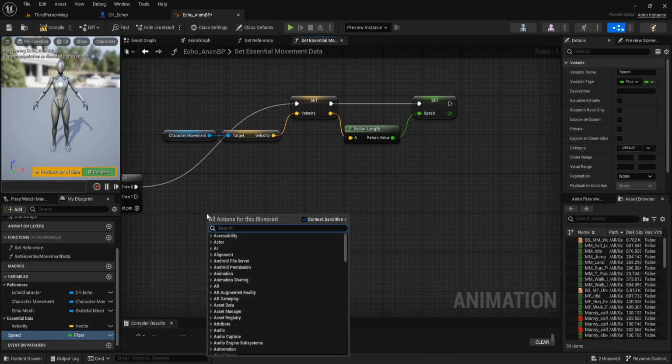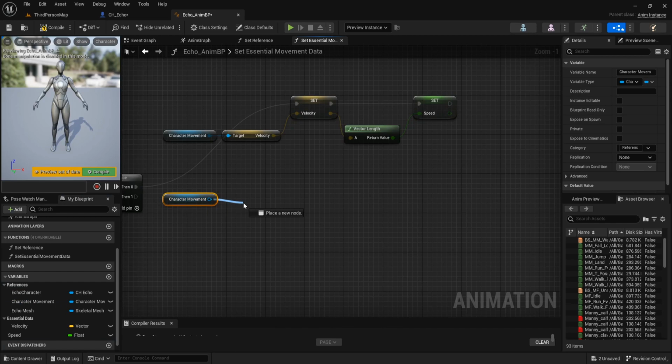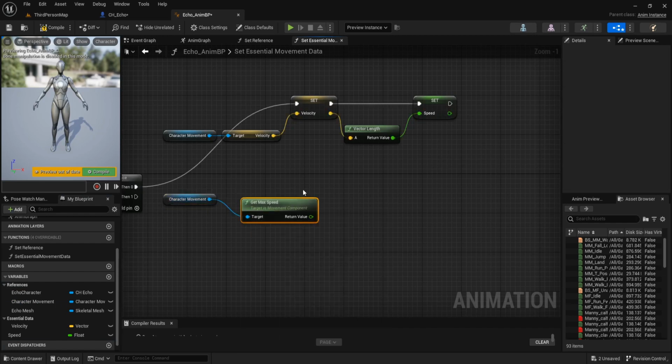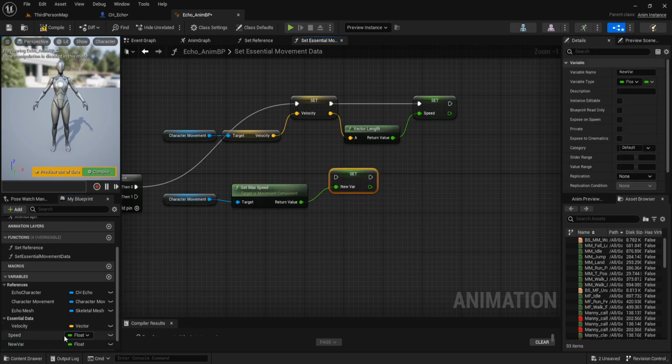Then get character movement and get max speed. Then promote it to variable. The name is max speed.